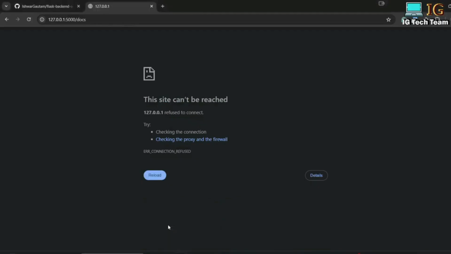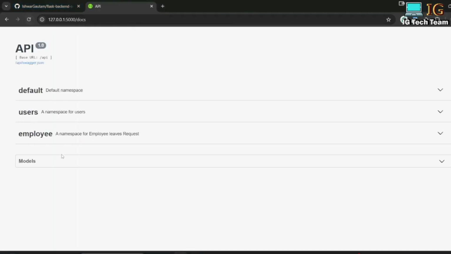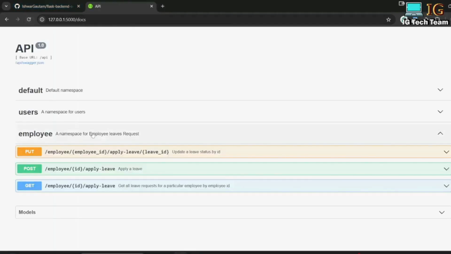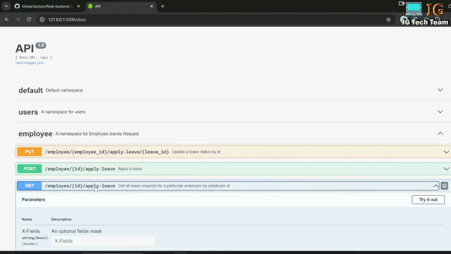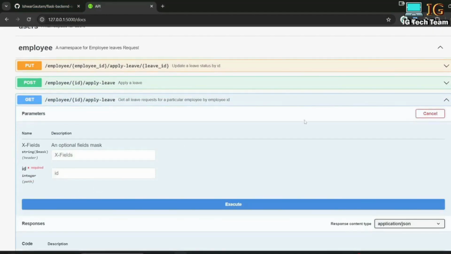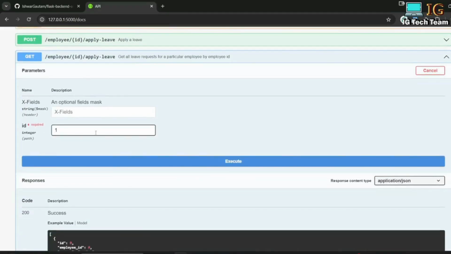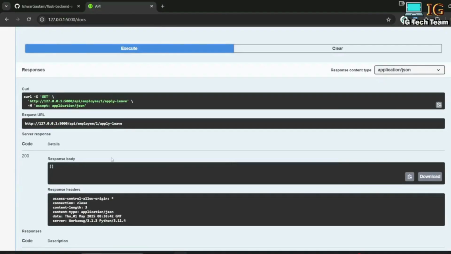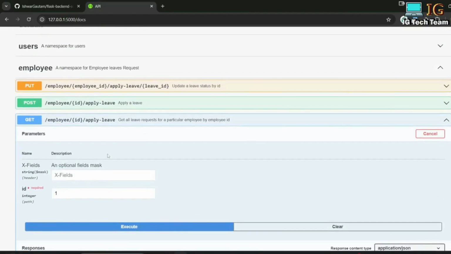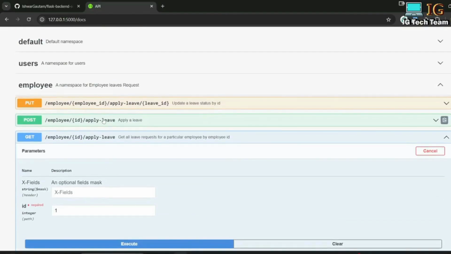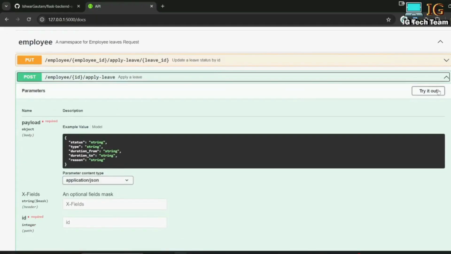Okay, I can refresh this. See, employee is there, and this is the namespace for employee leave request. If I go to get request and if I try it out, if I see the leave request for employee user ID 1, I can execute this. There is no leave request, right? I'm going to create one leave request, so I can go to this post request, try it out,